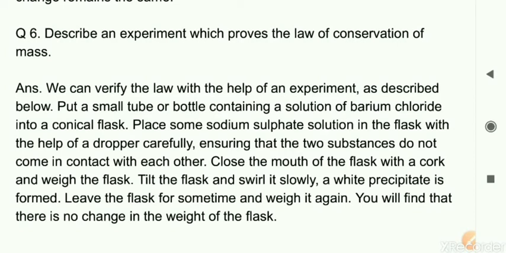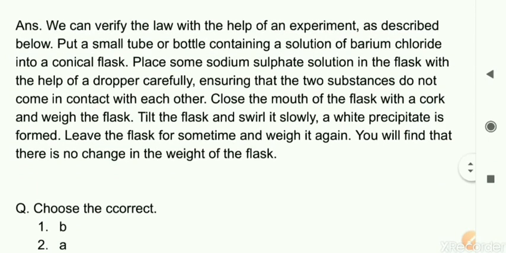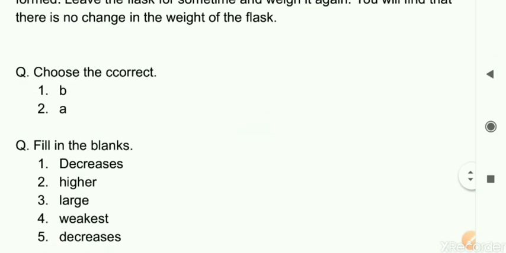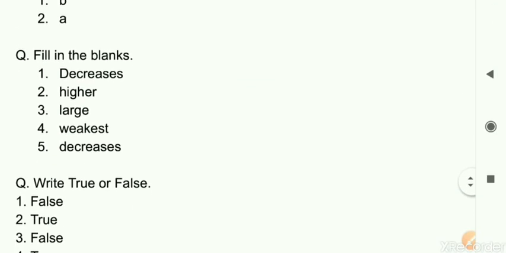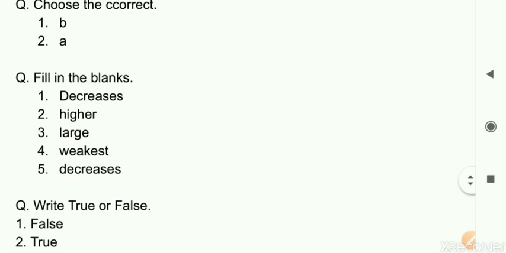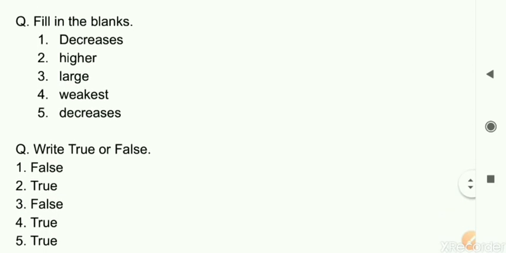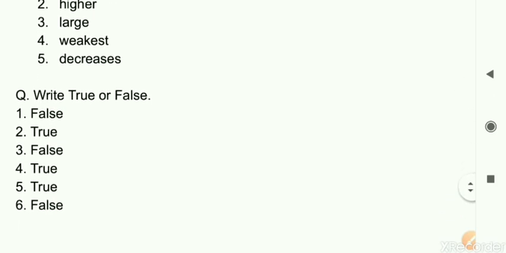So there are a total of 4 diagrams for this chapter, 1.1 to 1.4, but diagram number 1.4 you have to draw with this answer in the exam also. Along with this answer, the diagram should be there. This is the book exercise. Only answers I have written here. You can note down these answers in your textbook. And that is all for this exercise part.